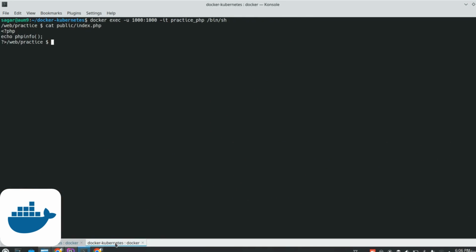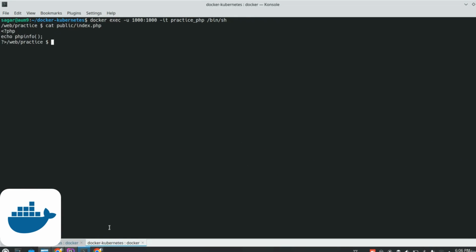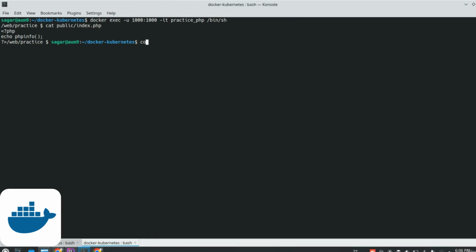As soon as I stop, it will throw me out of the container. I will show you this out. So as soon as my container stops, this will throw me out within the container, right? Okay. So again, if I check our container,